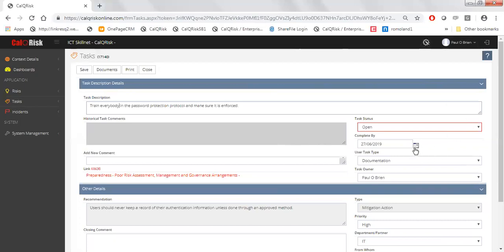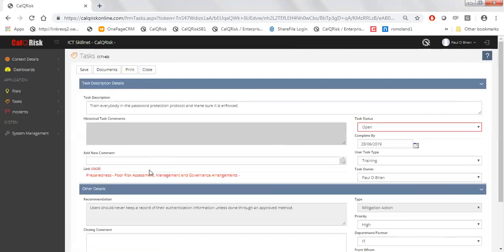And once the task is open, you simply assign it a date. I'm going to put it out here till the 28th. And you can describe the task type. So in this case, it's a training issue. And you can decide a task owner. In this case, I give it to myself. And once the task is saved, and by the way, you can attach a document to it. So if it's a written process, you can attach a document to the task. And you can share it with whoever you need to share it with. If you save it,